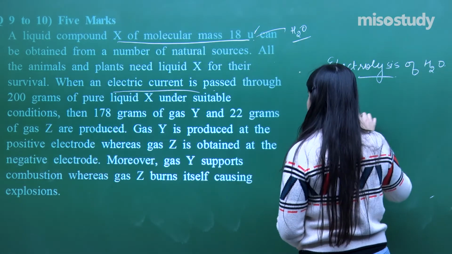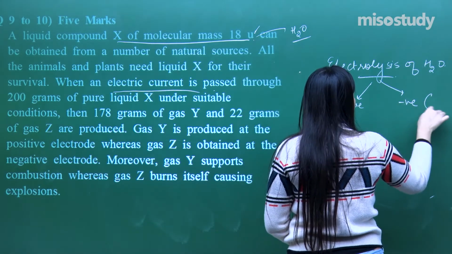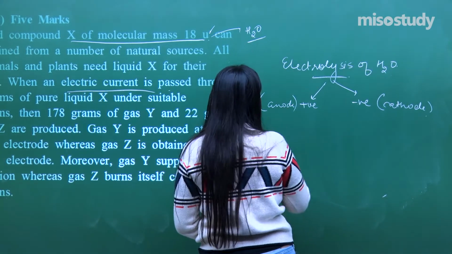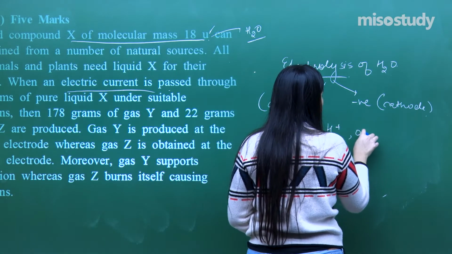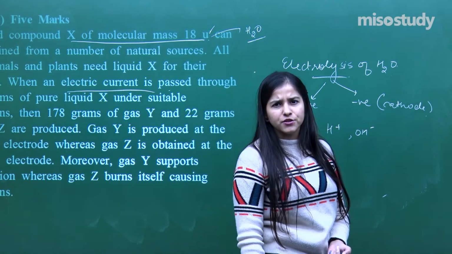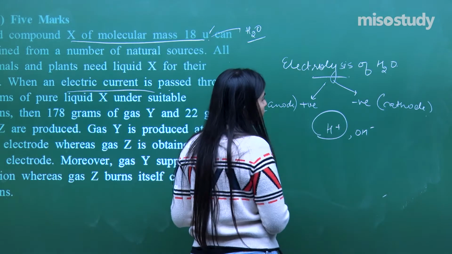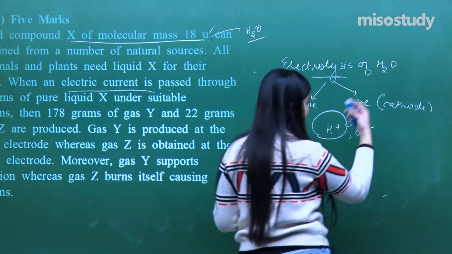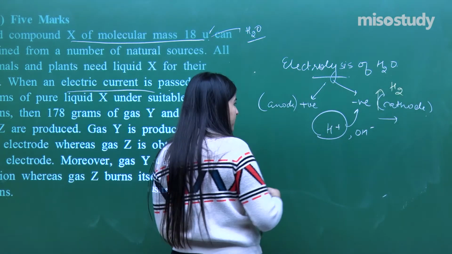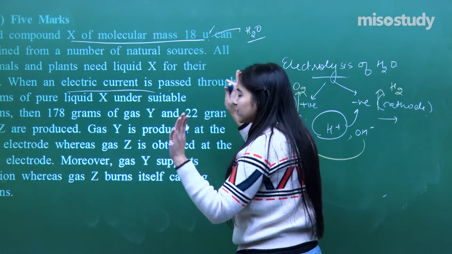What do they get? Basically in electrolysis of water, there is a positive end and a negative end. Negative means cathode and the positive one means anode. We know this. In the solution form, what do we have? H plus ions and OH negative ions. For the water, we also add a little amount of electrolyte, that is H2SO4, just for the movement of current. Now, the main thing is H positive goes to the negative terminal, gains the electron and gets released as H2 gas. Whereas on the positive end, OH negative comes up and gets released as O2 gas. Okay, done with the entire thing?